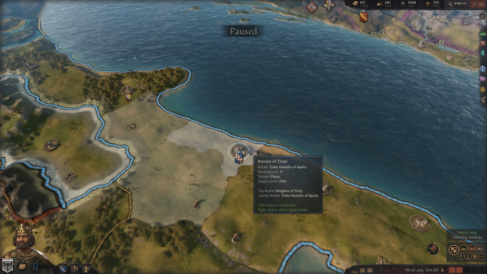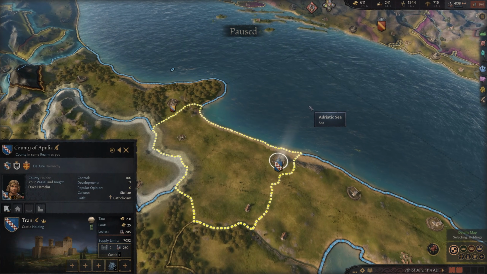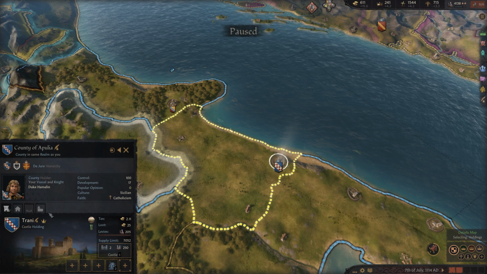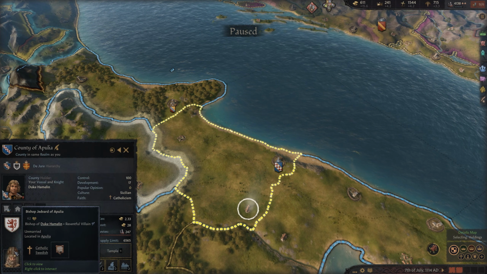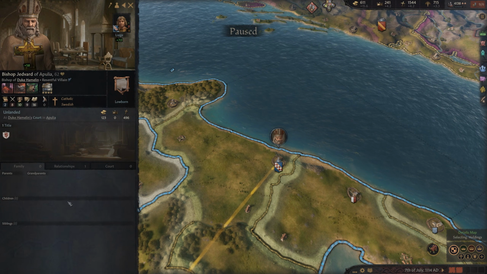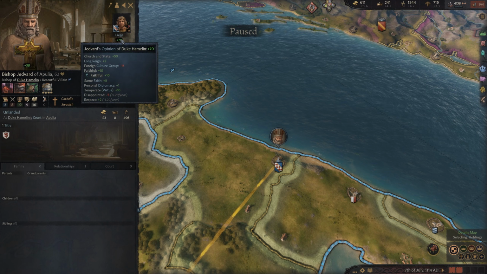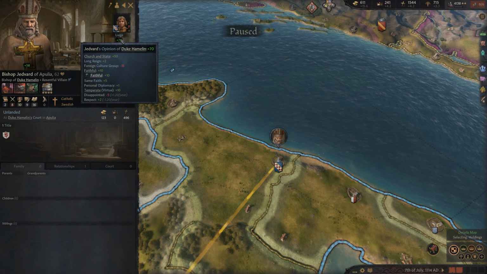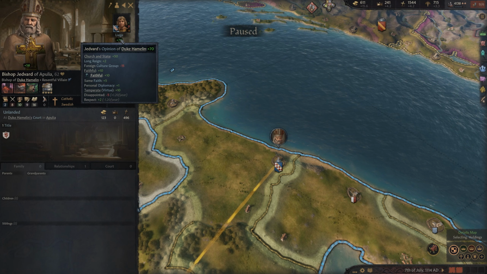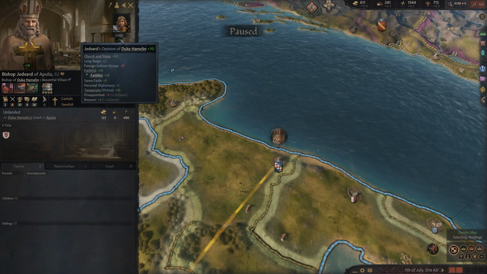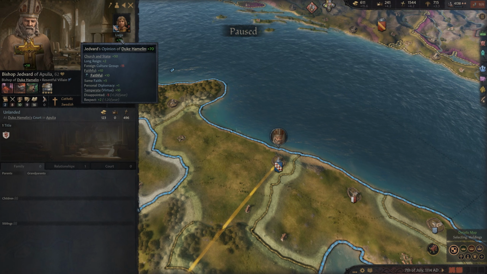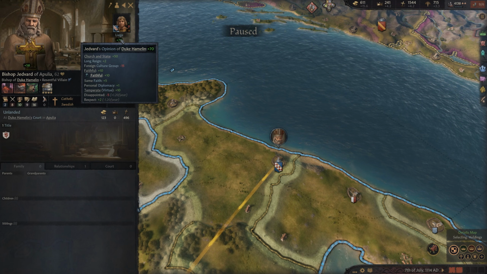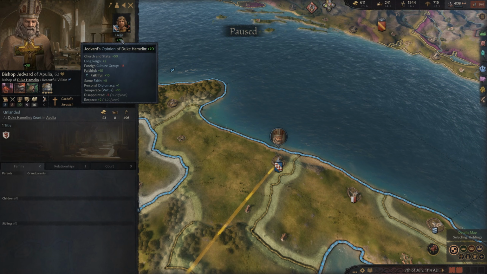So here's a vassal of mine, Mark Hamill, as I've lovingly called him. He himself has a bishopric. And we're going to click on this guy. This guy has a 70 opinion of his liege. So he's going to give his liege 50% of his taxes and 100% of his levies. But he also gives your realm priest 25% of his taxes and 15% of his levies.